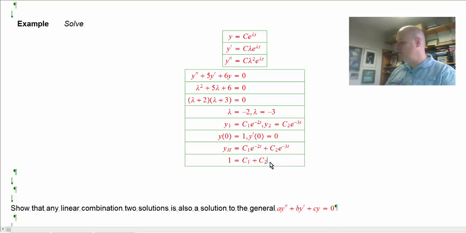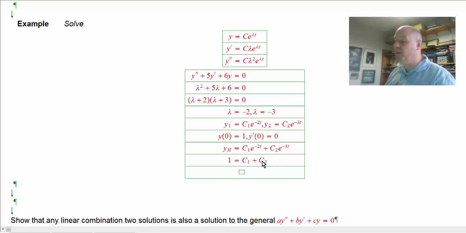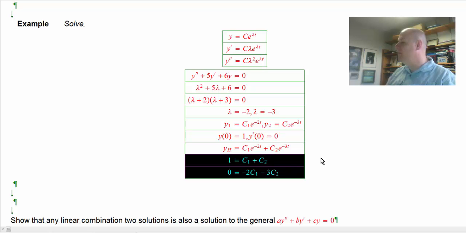I get an equation for c1 and c2. They both have to add to be 1. And if I differentiate this, and then invoke the second initial condition that the derivative at 0 has to be 0, here I end up getting then